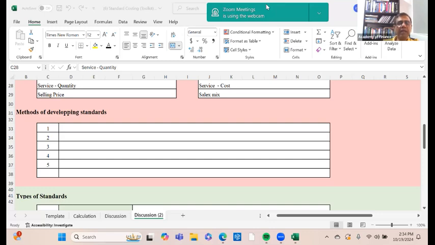But if it is a new product that you're going to make or a new service that you're going to offer, how can you estimate that? You don't have past data. So then what do you do? If you don't have past data, no experience of how long it is going to take to make that product, then how do you estimate?